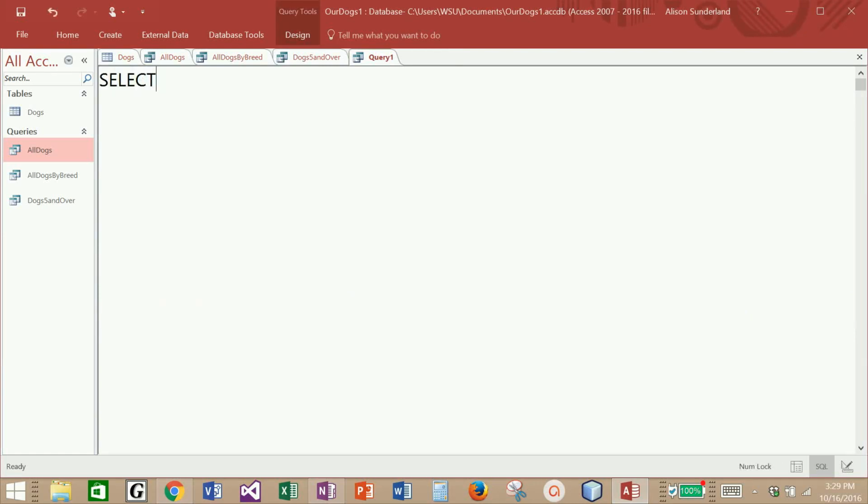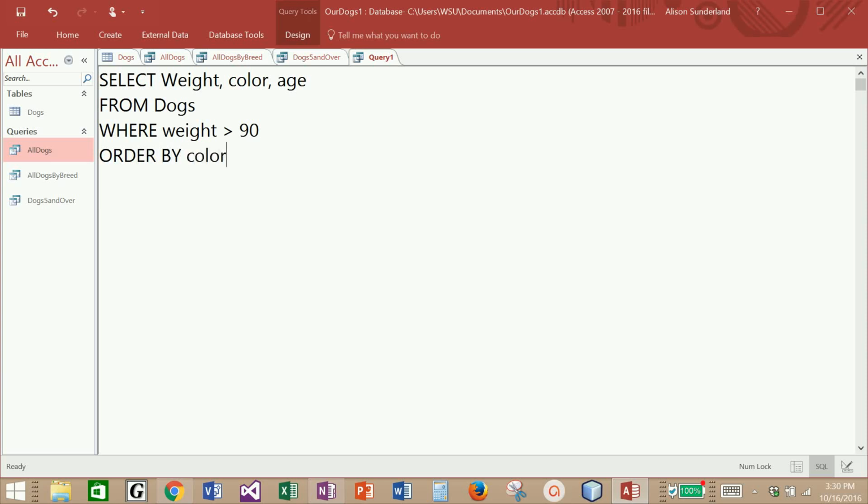Let's select, let's say dog weight. Oh, not dog weight, just weight. And then we'll do color and age. We're going to select this from dogs, and we're going to say where weight is greater than 90 pounds. And we can order this. Let's order it by color. So now if I run this query,